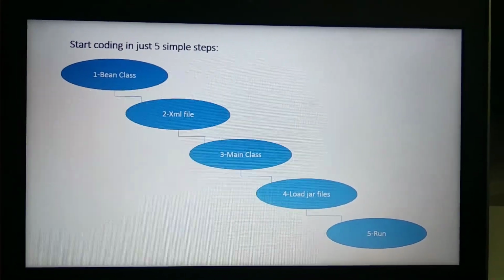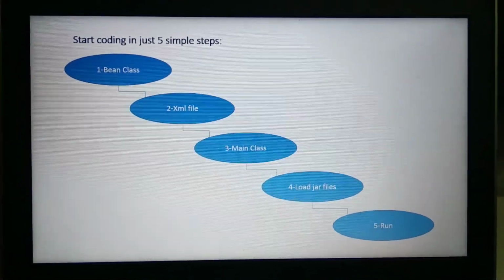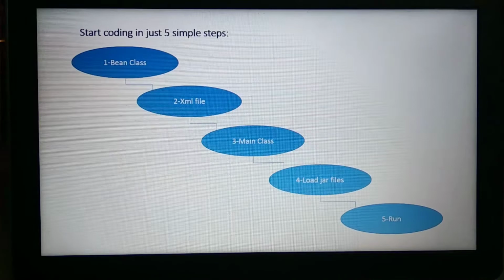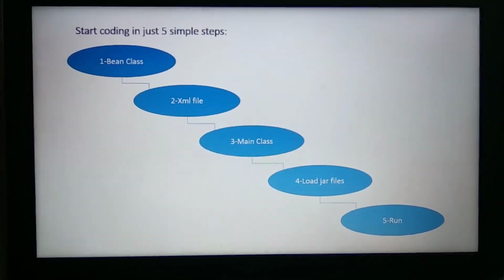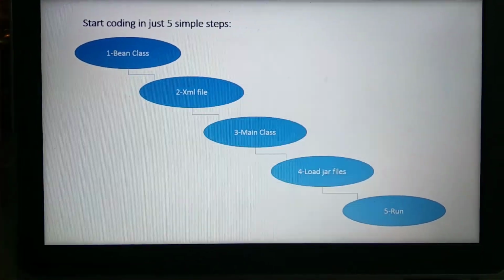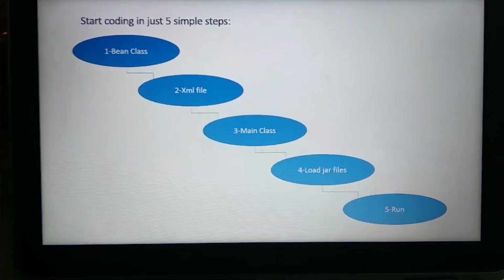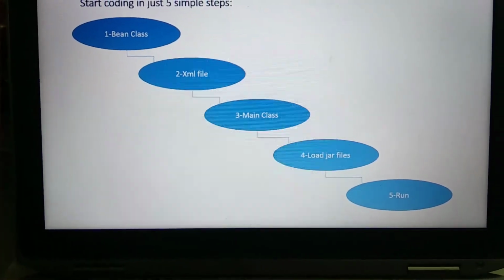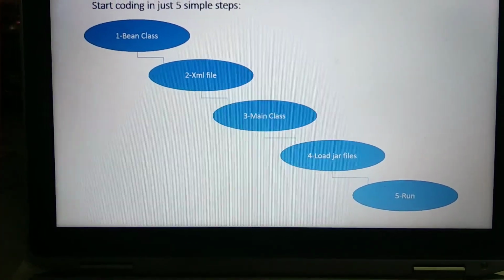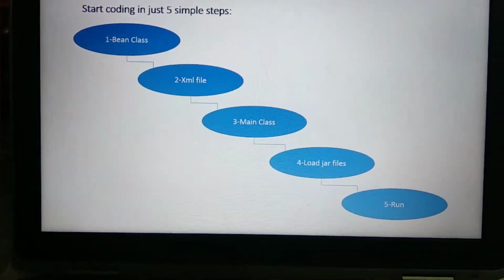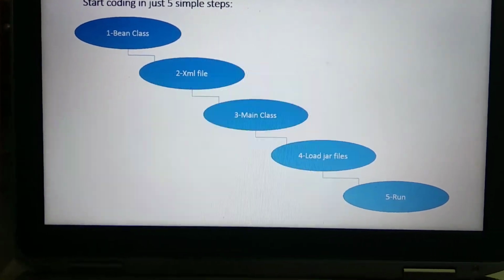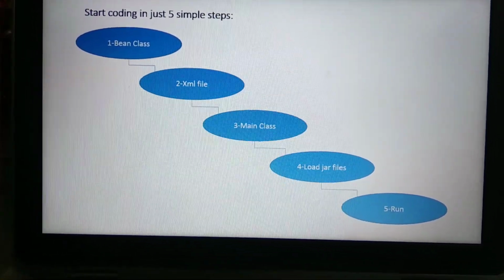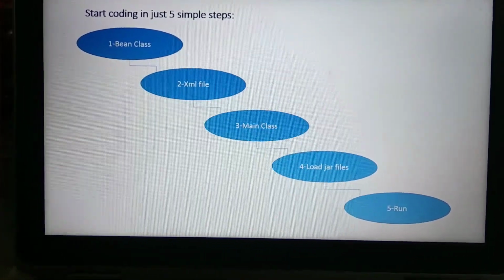Now we will start coding using these simple five steps. Firstly, we will write bean classes, then we have the XML file, then we go for the main class, in which we have the main method, and we write the core logic there. Then we will load the jar files required to run the Spring framework.